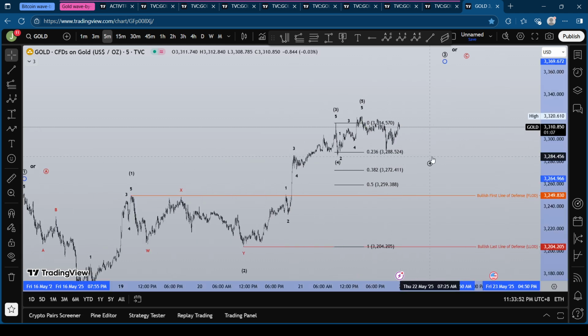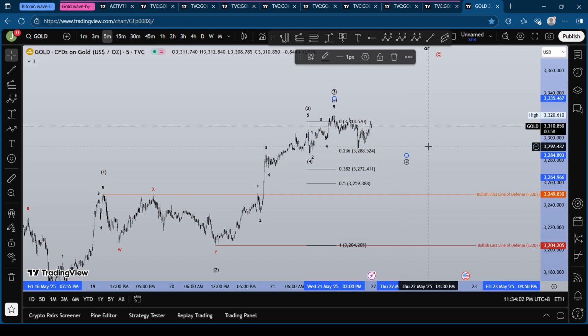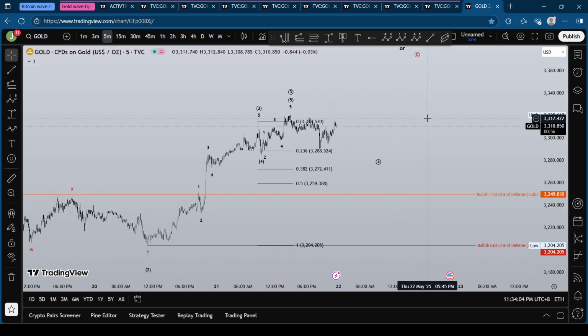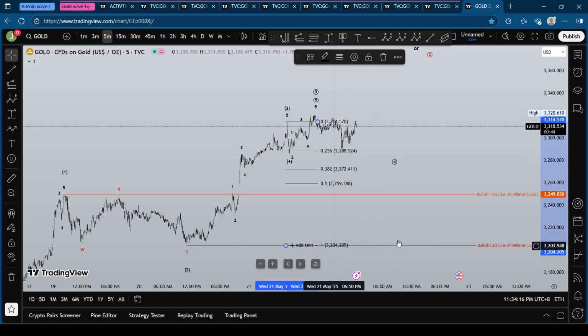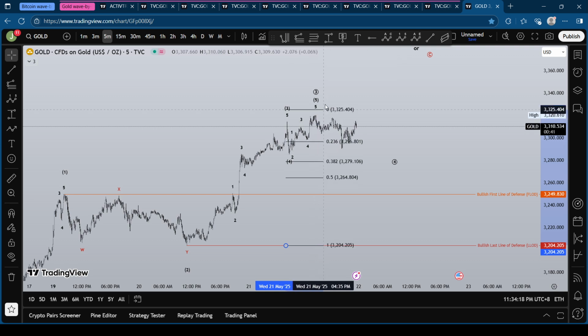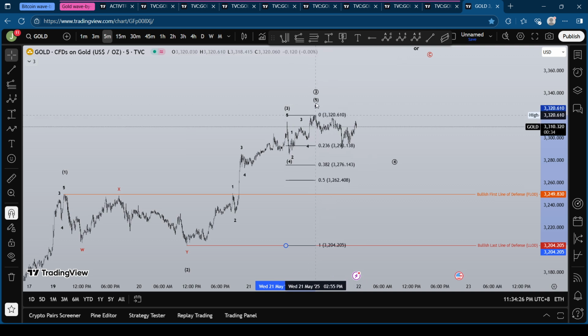Counting, since the next count now will be from encircled wave 2 to encircled wave 4, there are 3 possible corrections here. It can be a zigzag, a triangle, or a double three. But of course, all you have to do is check the acceptable retracement level for this. And what will be the acceptable retracement level for this?